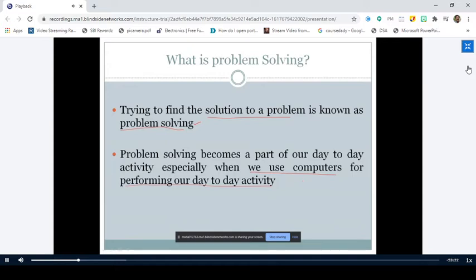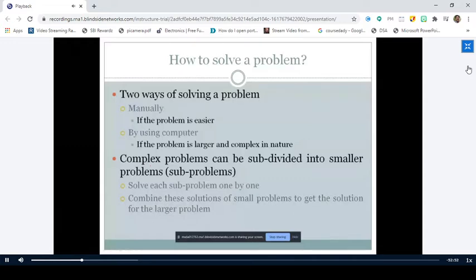We can take a simple mobile phone, where whatever task you want to perform, whether you want to browse, listen to music, or watch a movie, everything you are performing using these mobile phones only. We can say that a mobile phone is a smartphone, or we can call it a small computer also, right? So we are involving computers in our daily life to perform each and every activity. In such situations, we require problem solving capabilities, right? And problem solving becomes a part of our day-to-day life activities, right?